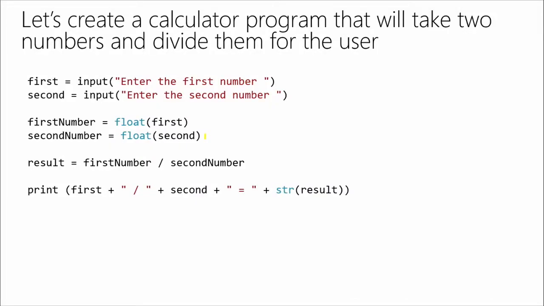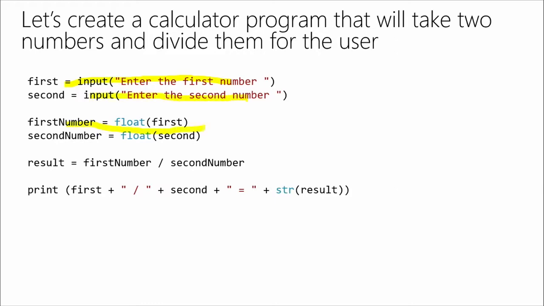So what I've got here on the screen is a very simple program. I wanted to have a nice, easy example we could all follow to start with. I've written a calculator program, and a user enters 2 numbers. This is a very rudimentary calculator. It can only divide, so maybe it's a divider program. It's a divider calculator. So the users enter 2 numbers. We have just our basic, they input the first number, they input the second number.